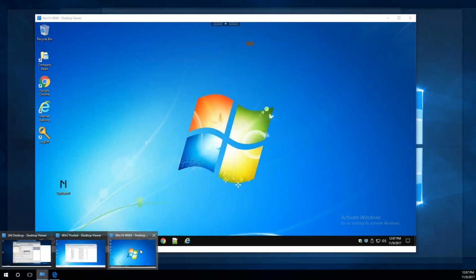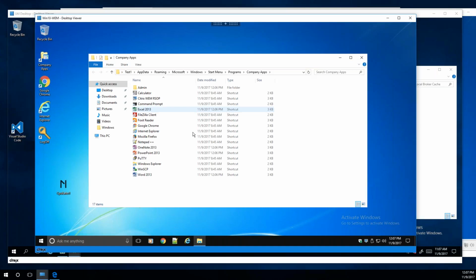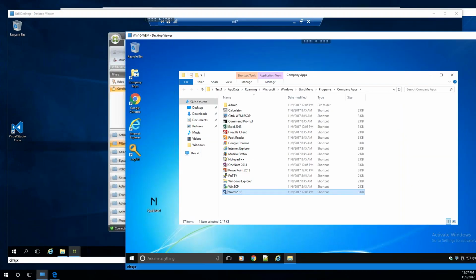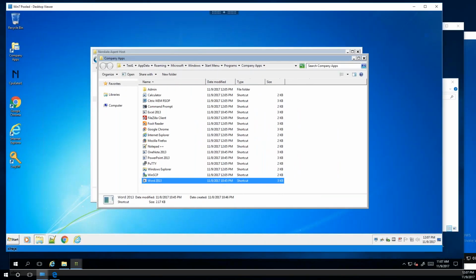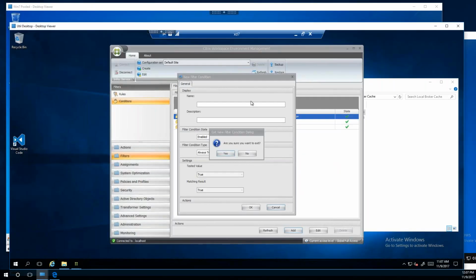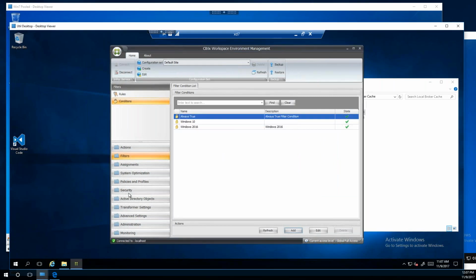So my Windows 10 should be back. If you'll notice now I have Excel. Where's my Word? Yeah, I have my shortcuts in there now. And since I'm folder redirected, they probably showed up in here too. And again, your filter was the OS version in this case. They didn't originally show up here, but they did here because with folder redirection it gets a little screwy.